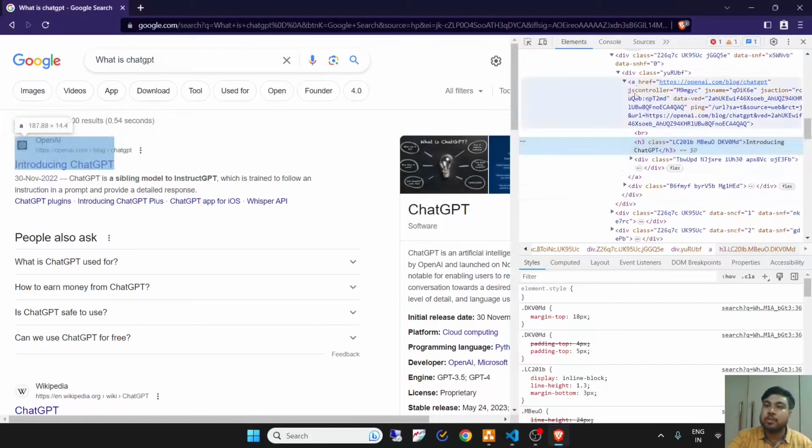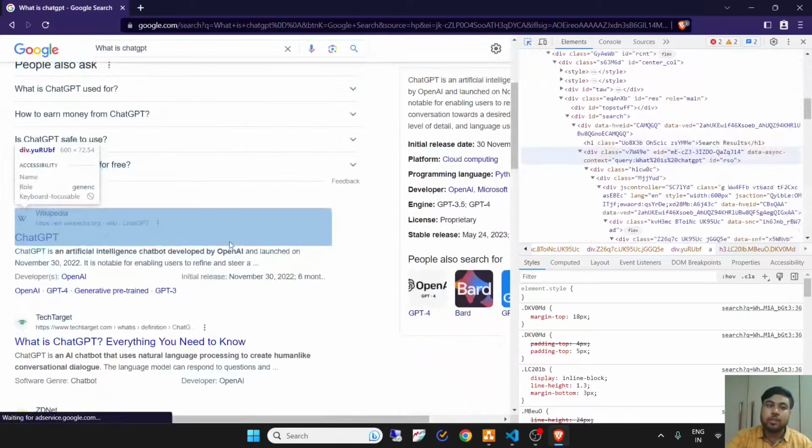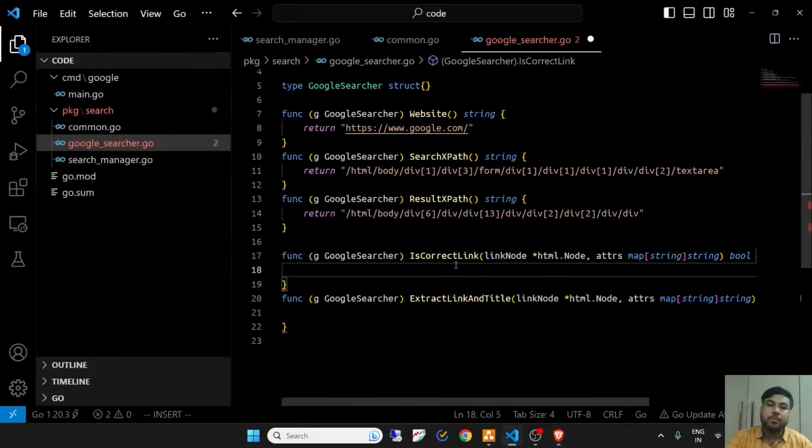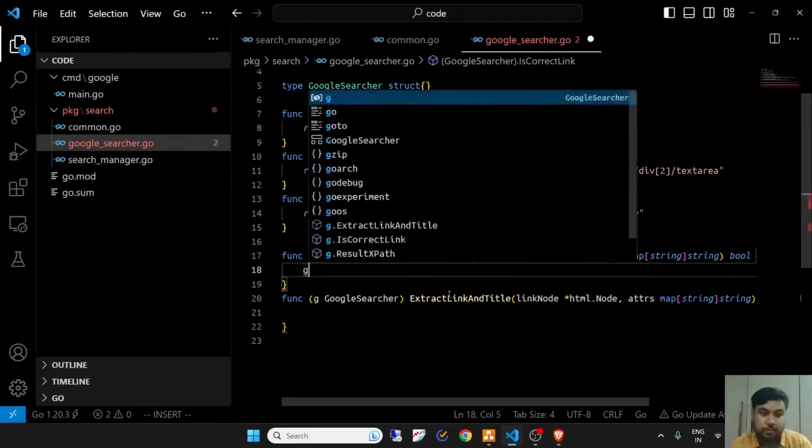So to check if this anchor tag is the correct one or not, what pattern we can see is that every link of the result has these attributes: jsname, jsaction, jscontroller, data-vet. Fine. So we can use this to check it.